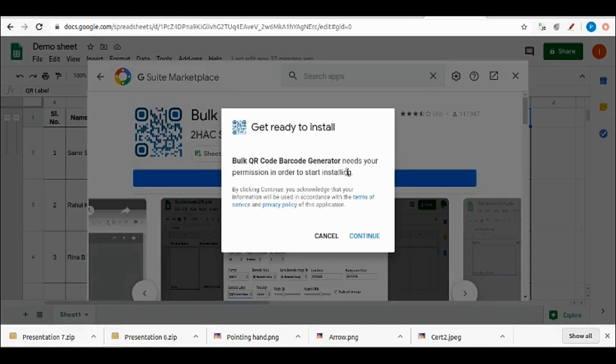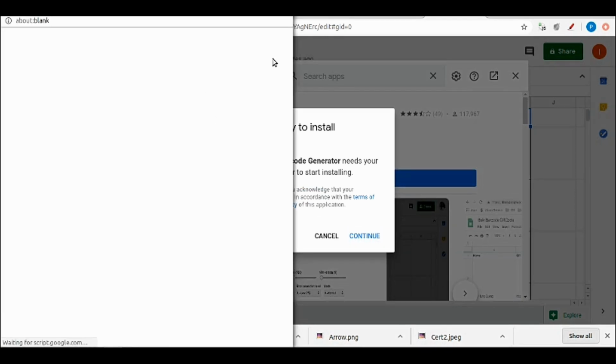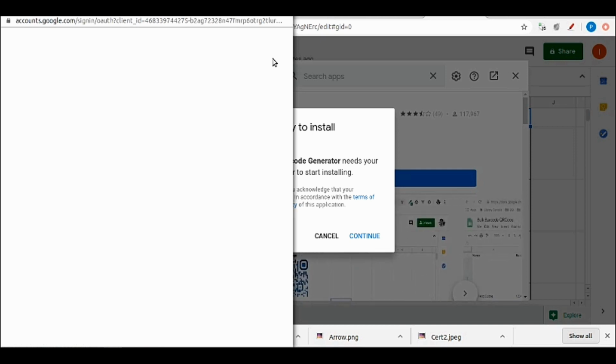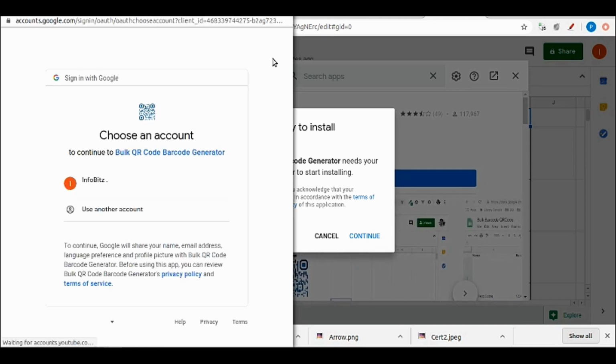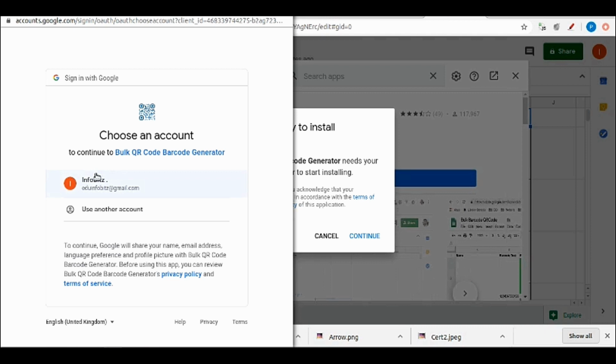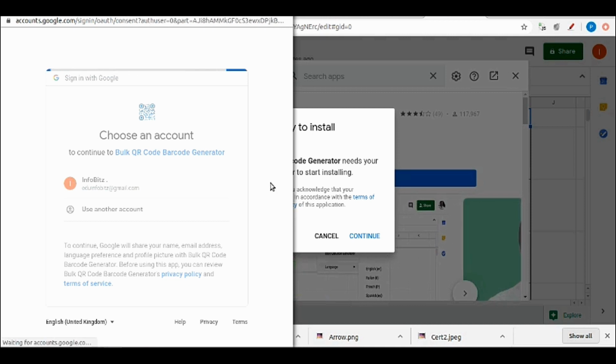Install, continue. And this will ask you for the Google account to which you would like to add the extension. So choose it.